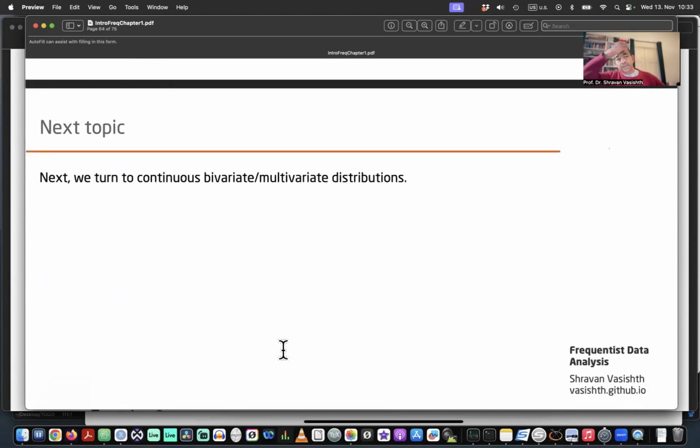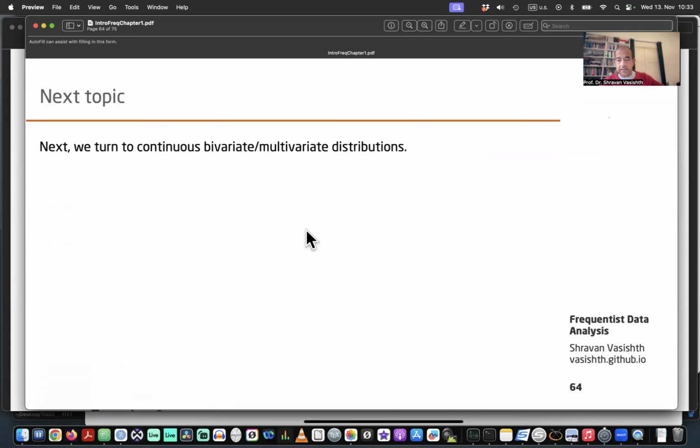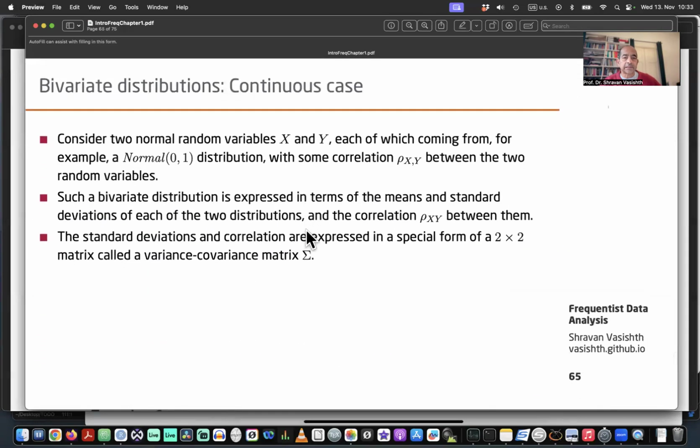So now let's turn to continuous bivariate random variables, and multivariate distributions are just a generalization of the bivariate case. So I will only discuss the bivariate case for now. And then later on, when we do more advanced data analysis, you will encounter many cases where there will be multivariate distributions. So the situation I want you to imagine is that, let's say we have two normally distributed random variables, x and y,